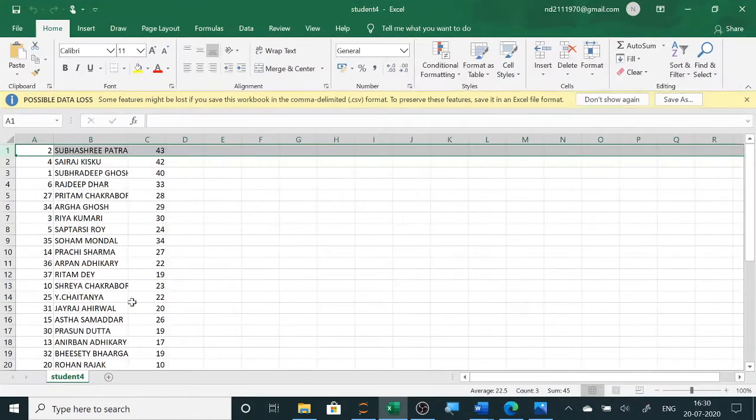So you can see one file I have created directly in Excel. I have given all the data, roll number, name and marks. I don't want to give a heading because I want to search with roll number. If you write some string, then you have to start searching from the second record. I want to start from the first record, so I have removed it.